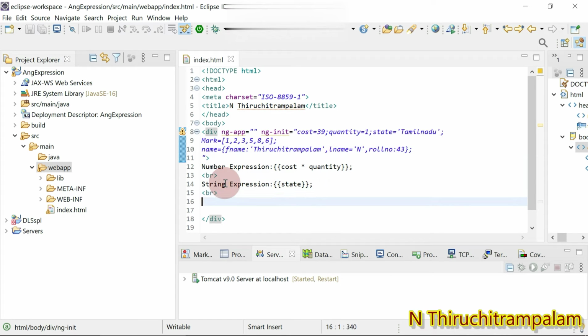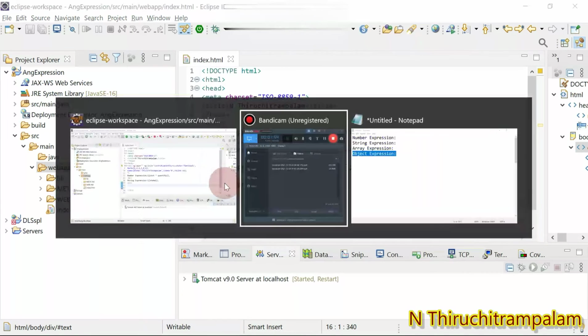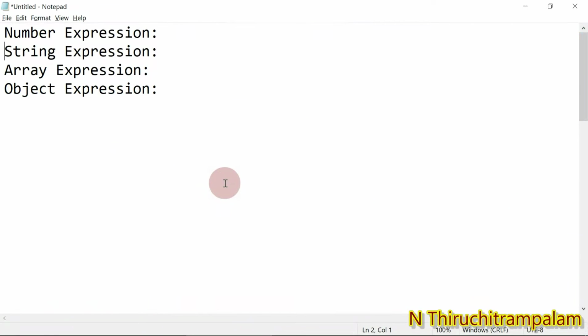Now I'm going to use this variable. I'm going to print this array on the web page. How do I do that? Using the expression. Here I just copy the text to save time: array expression.